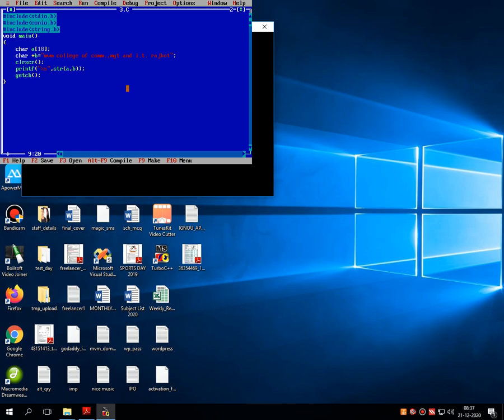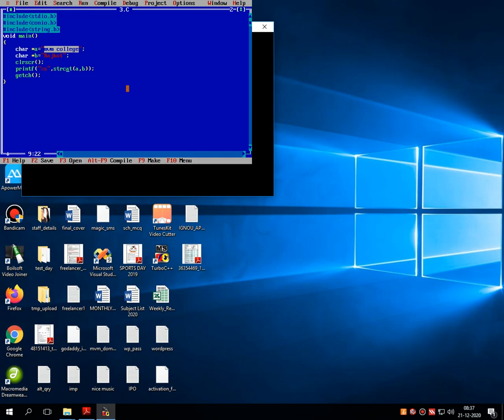first of all here I am writing strcat, then here one more variable I am declaring. a is equal to, in the variable I am writing MBM College, and into variable number 2 I am writing Rajkot.